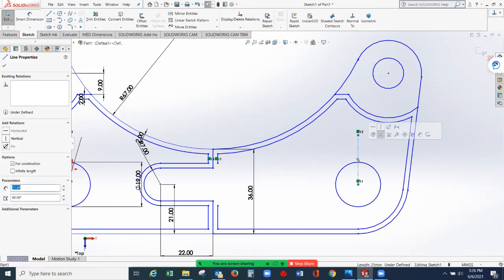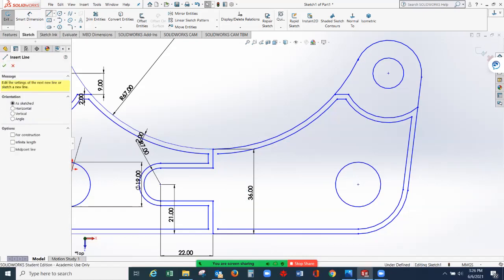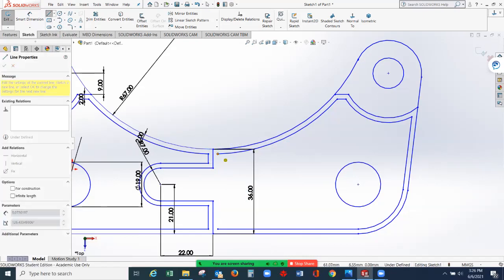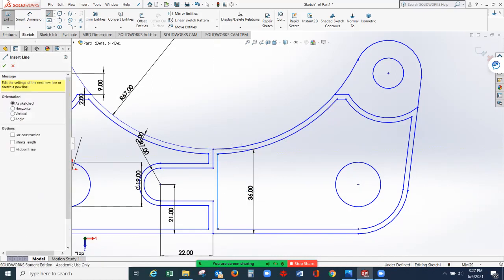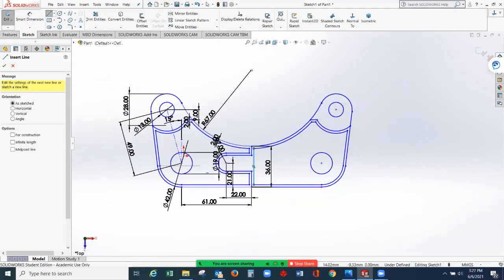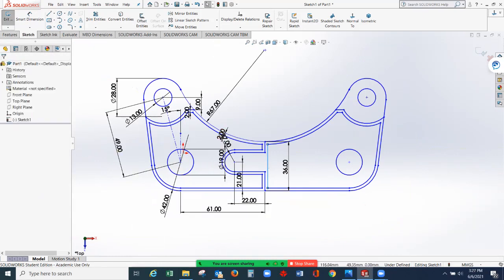Delete this line, and this line. And add one more line connecting this point and this point. Once you are done, select this green check mark. And that's it. All the two-dimensional drawing are complete. You are now ready for extrusion.